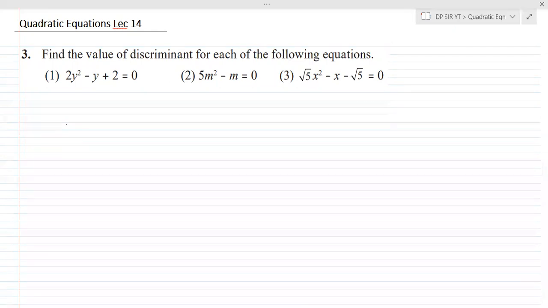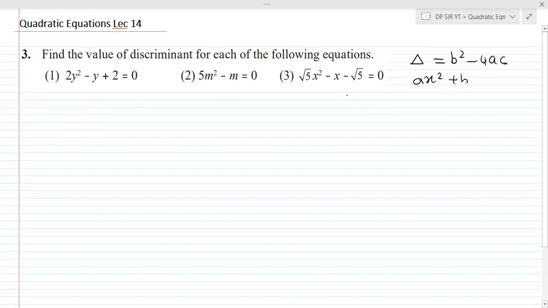Okay. So problem set, main question number 3. Find the value of discriminant for each of the following. Mind you, I will revise a few things. The discriminant is denoted by delta. Delta is denoted like this, and also like this. At present your textbook shows the notation triangle is equal to b square minus 4ac. Getting this value is possible from the general formula of quadratic equation.